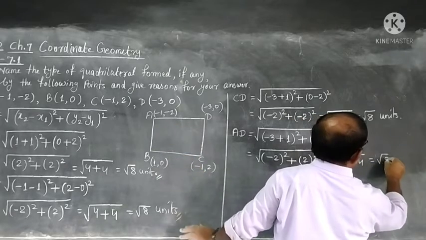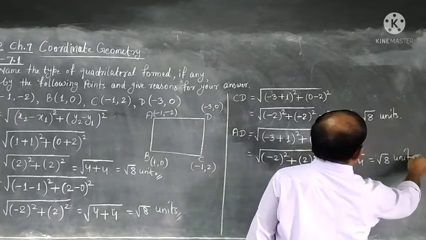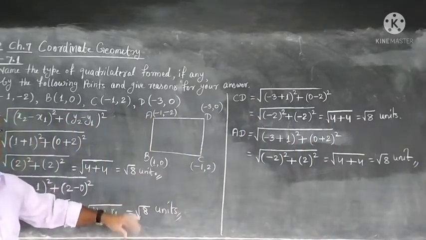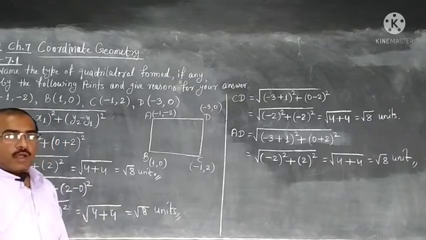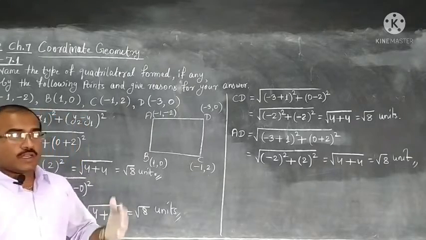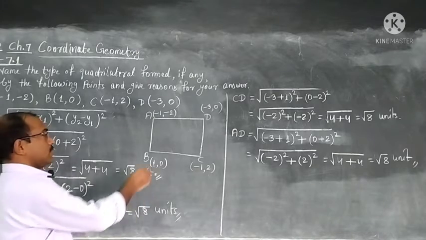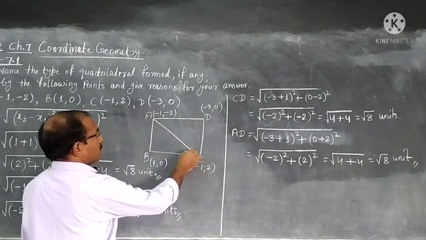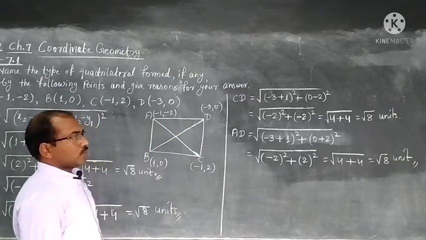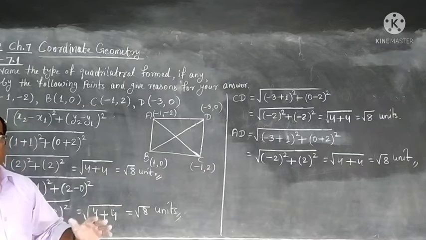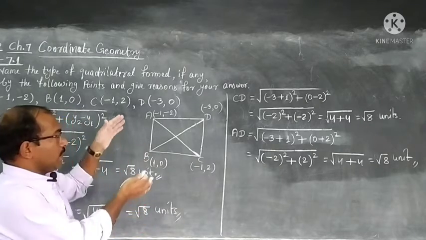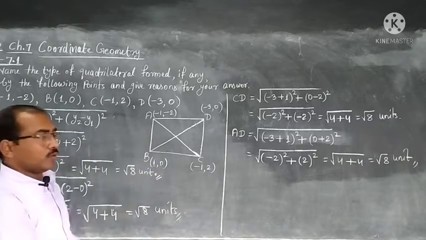So what we see is that all four sides of this quadrilateral are equal. But is knowing the sides enough, or does a quadrilateral have some other parts also? Yes, the diagonals. We can say AC is a diagonal and BD. After knowing about the sides, we will try to know about the diagonals. So we need to find AC and BD also.